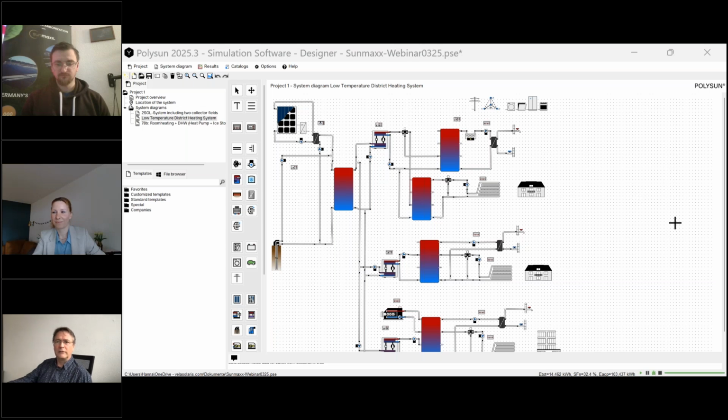Then there was a question concerning the time steps. I will also quickly reply to this one. The time step in Polysun is a variable time step between 1 second and 12 minutes. So it depends upon the system, it depends upon the situation in the system, which has to be simulated. Sometimes we can afford longer time steps and still not make many errors if there is not much happening in the system.